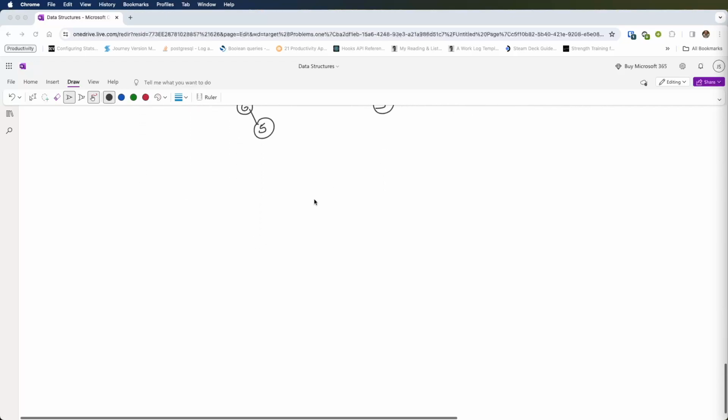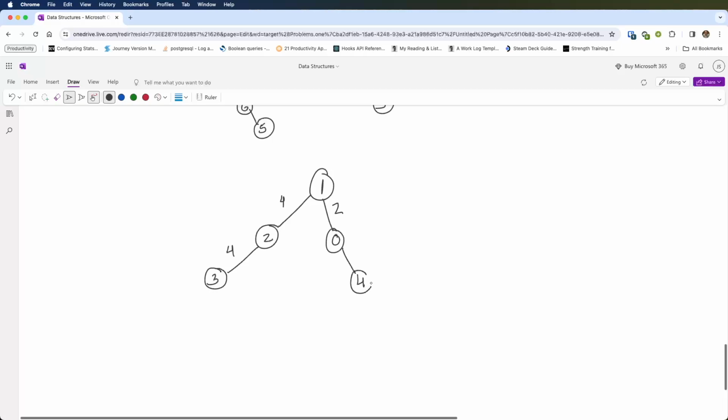So we have 1 going to 0, 2 connected to 1 with a weight of 4, 3 connected to 2 with a weight of 4, 4 connected to 0 with a weight of 3, 5 connected to 1 with a weight of 4, 6 connected to 2 with a weight of 2, 7 connected to 6 with a weight of 4, 8 connected to 1,